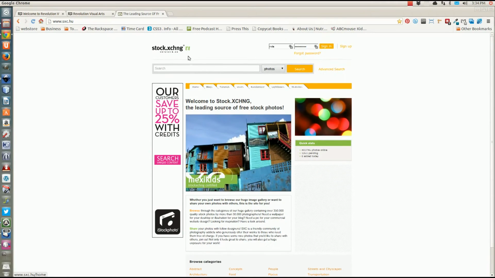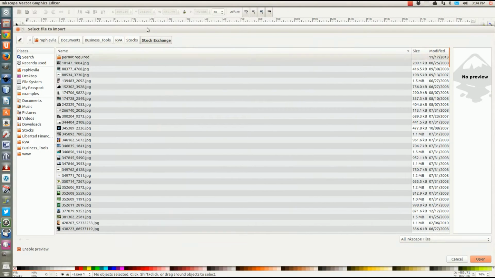They have a paid version called iStock Photo, and they were bought by a big company, Getty Images. You're going to get nice photos on this site, and most of them you don't have to give any credit, which I just suggest you do. Those people work hard and spend a lot of money on photography, so I suggest giving credit to whoever